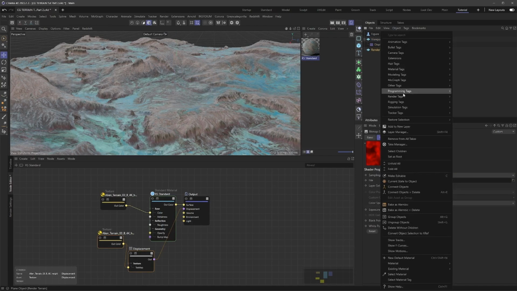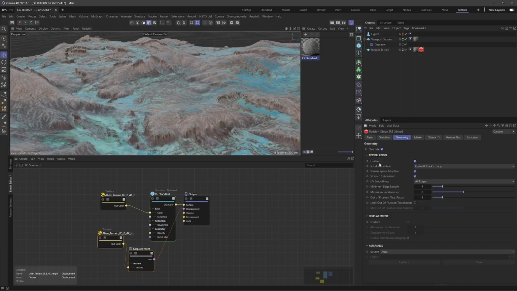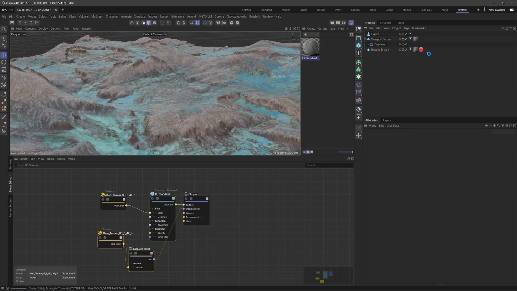So what I was talking about earlier, the displacement only working in the red channel, if we go ahead and add a Redshift object tag to our render terrain, I'm going to go to geometry, enable tessellation and displacement right here. So I'm going to drop this minimum edge length down to 0, and we're going to set this first subdivision to 1. Actually, we'll just set this to 0, and then let's also match, let's go 512, 512,